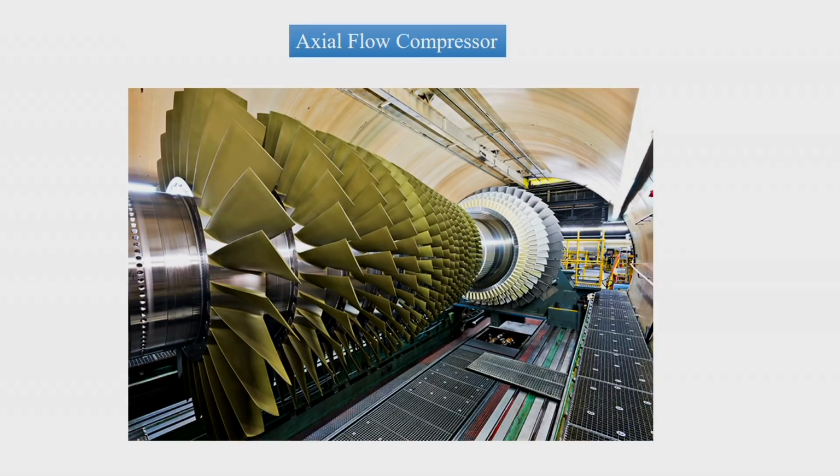Having looked into the centrifugal compressor, the velocity triangles, and the performance estimation like work input, pressure rise, and temperature rise, we are moving towards the next compressor, which is the axial flow compressor. A typical axial flow compressor is shown in one of the photographs on the first slide. This is an industrial scale, very big axial compressor.